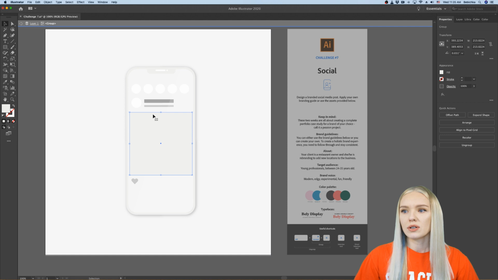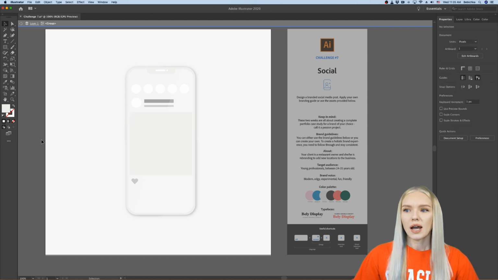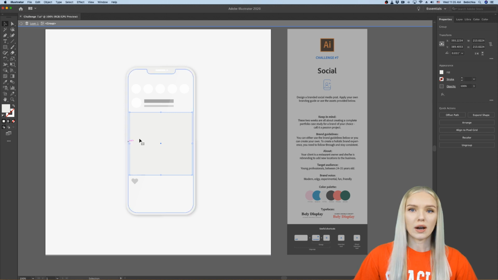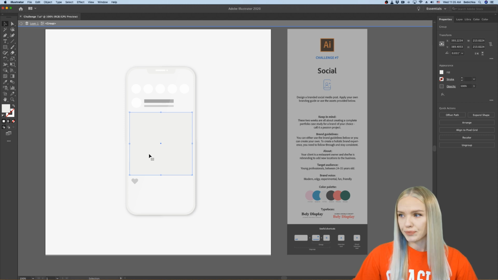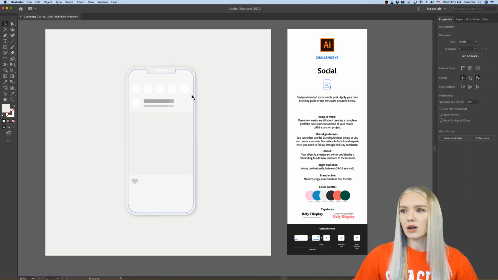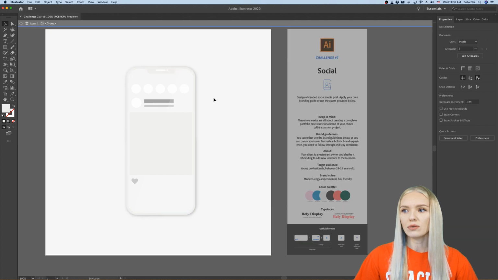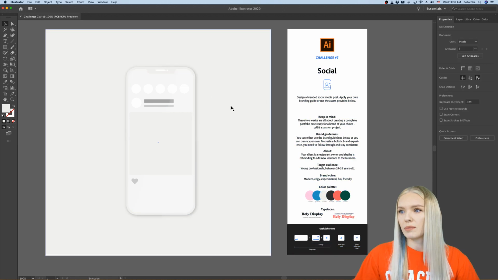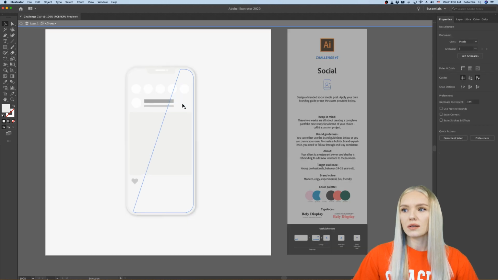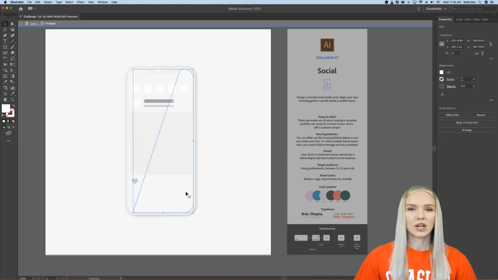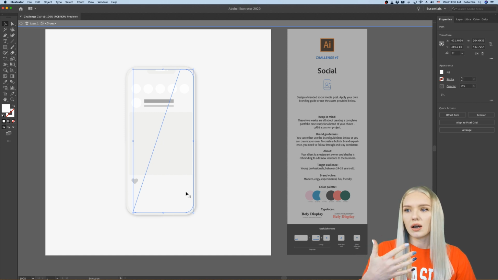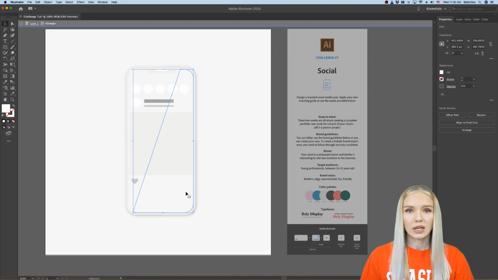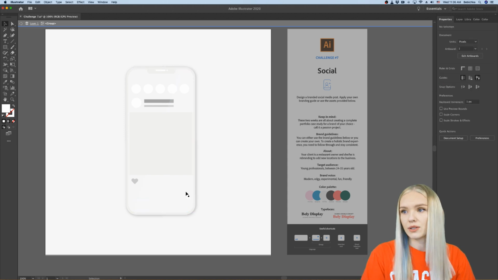That's the same thing I'm going to do with the other objects a little bit later, but for now I'm just going into the group where my rectangle is. That's basically the frame for my artwork that I'm going to produce today. As you can see, at the top here, there is a shadow. Let me see if I have maybe locked this. This little thing here is like a shadow, like a reflection, so your mockup looks natural. For now we are going to lock this one as well because it's on top of the layer that we're going to be working with. So I'm just going to lock this with Command 2 as well.